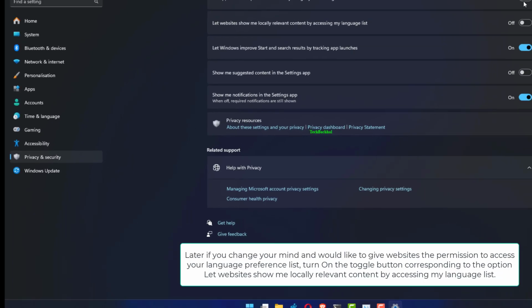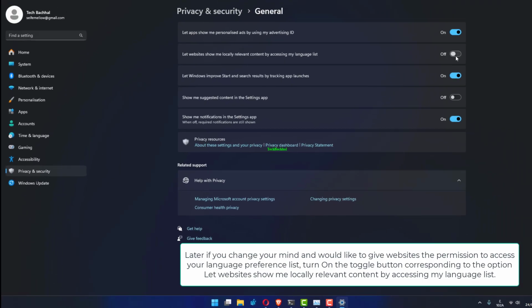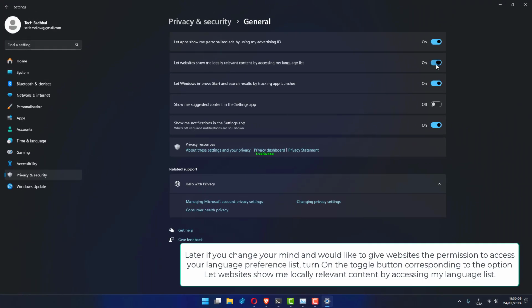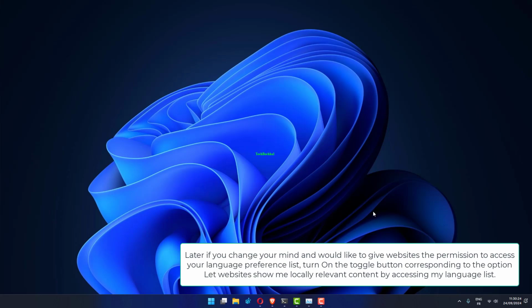Later, if you change your mind and would like to give websites the permission to access your language preference list, turn on the toggle button corresponding to the option, Let websites show me locally relevant content by accessing my language